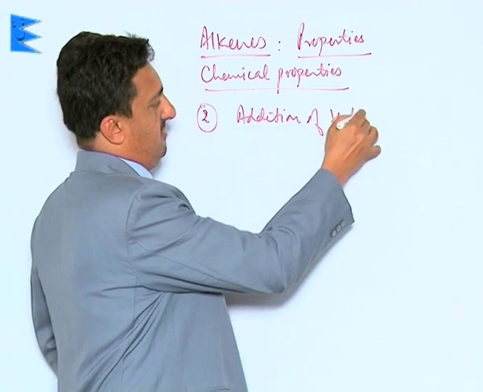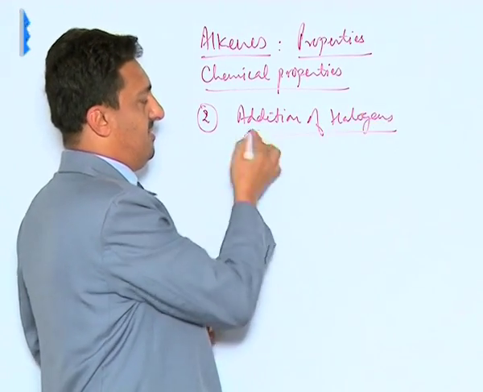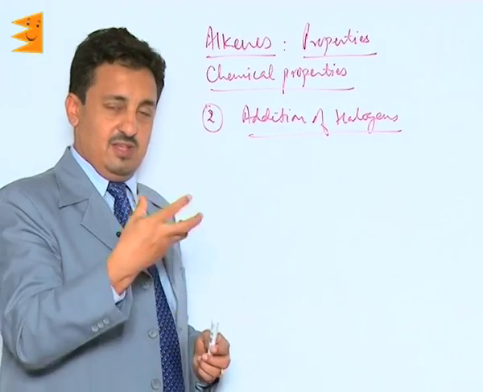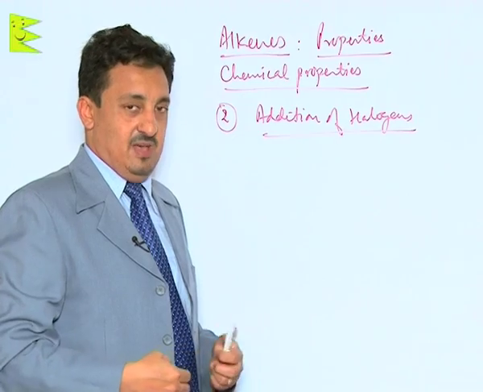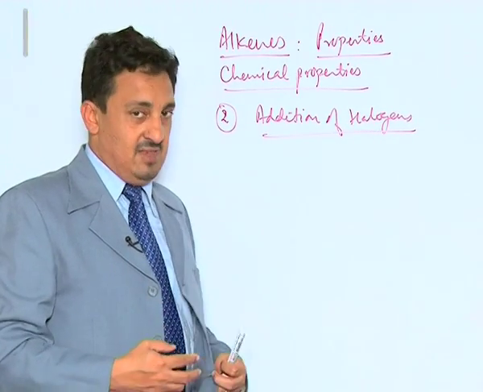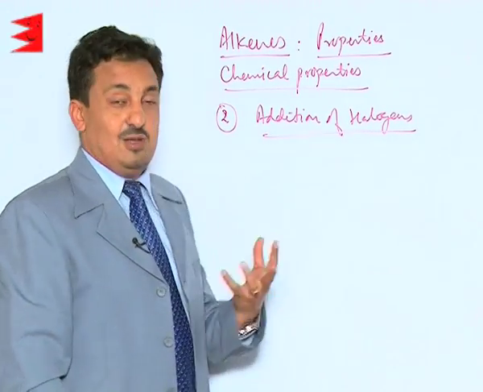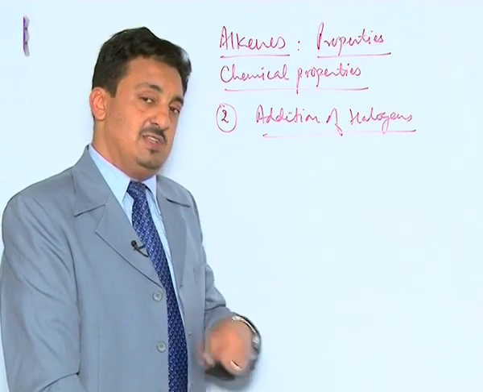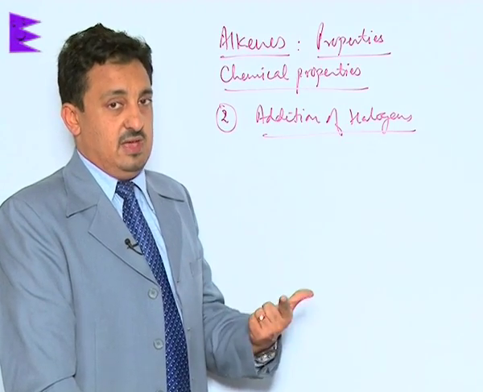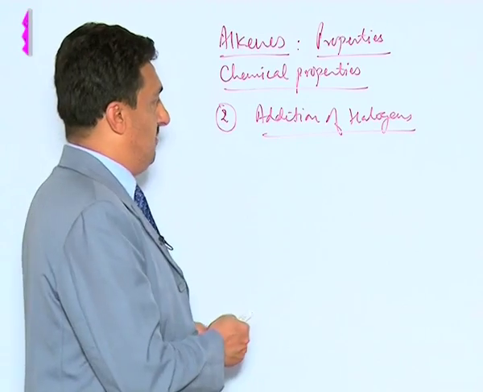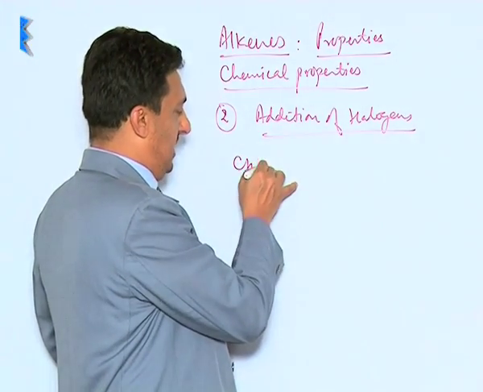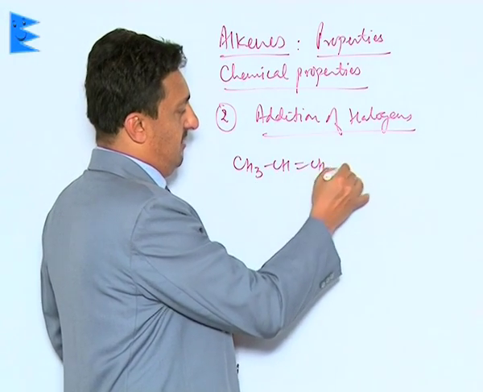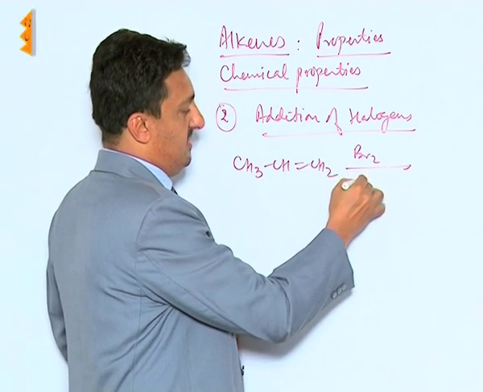Addition of halogens. Remember, addition reactions are the major reactions of alkenes because, due to that unsaturation, we can always add something to these molecular species, and that is why addition reactions are the main characteristic reactions. And that too, electrophilic addition reactions, because of the high electron density of the double bond, the pi electrons. In the addition of halogens, we find that if we take bromine in CCl4,